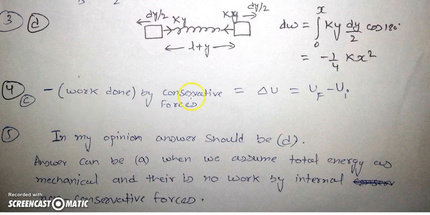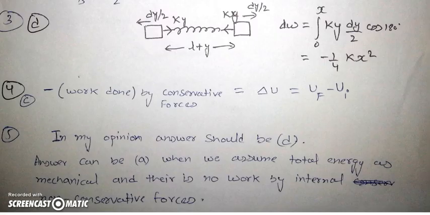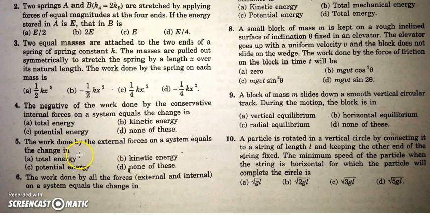So negative of the work done by conservative forces is delta U, or change in potential energy. Next is the work done by the external force on a system equals to, in my opinion, the answer should be D, but the answer is given as A. Okay, so answer can be A